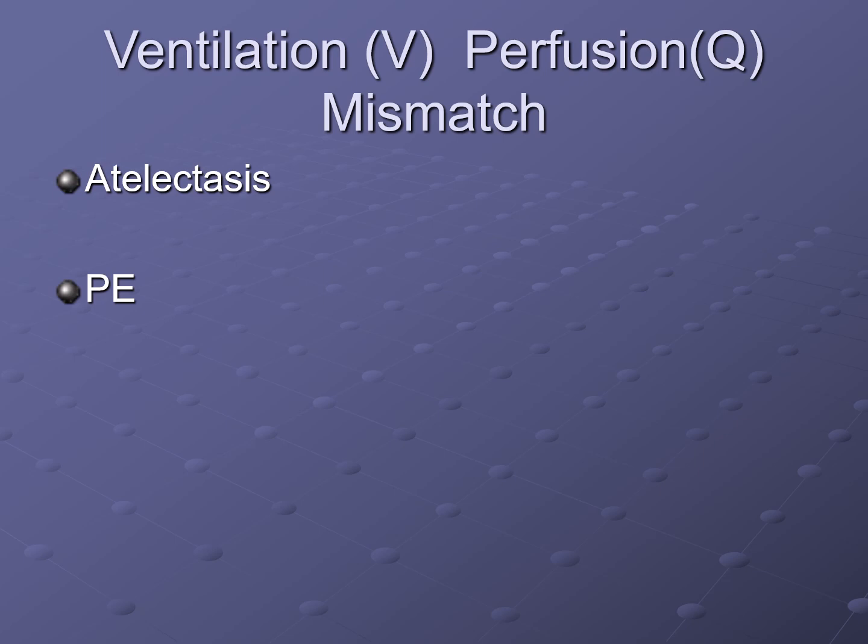Ventilation perfusion mismatch. This is something that we used to do a lot of, a so-called VQ scan. We don't do it very much. You'll sometimes see it done in someone who is highly allergic to CT contrast, because if you have a pulmonary embolus and you really need to know, the normal thing to do is to do a CT, and if you can't do that, VQ scan is an option. But in those people, they sometimes just have atelectasis, but it also can be a sign of a pulmonary embolus.